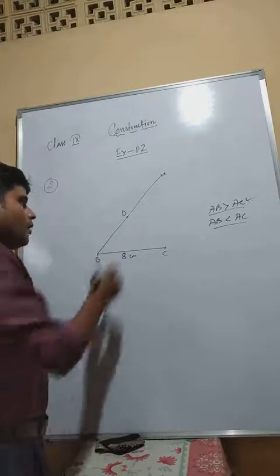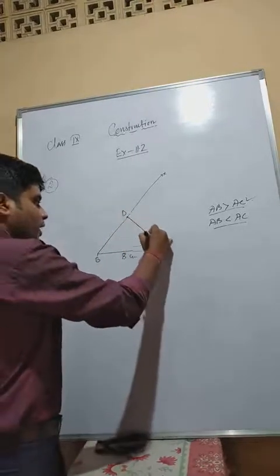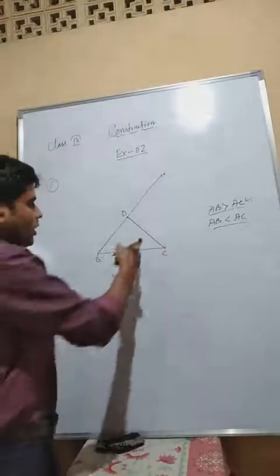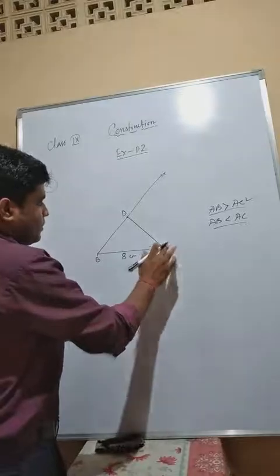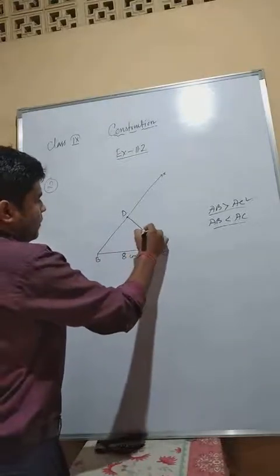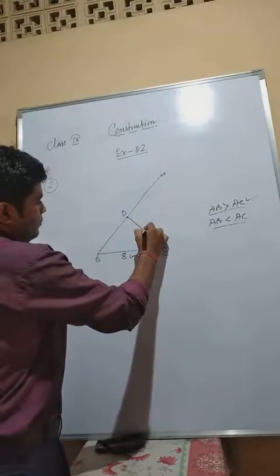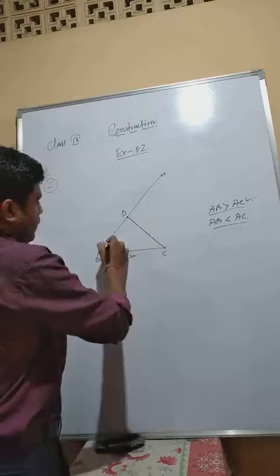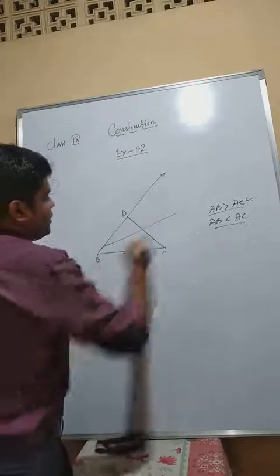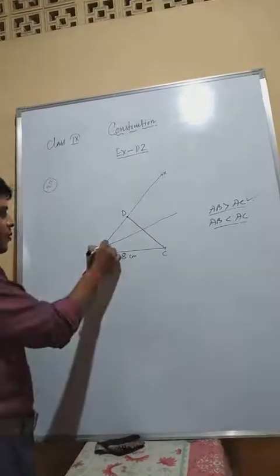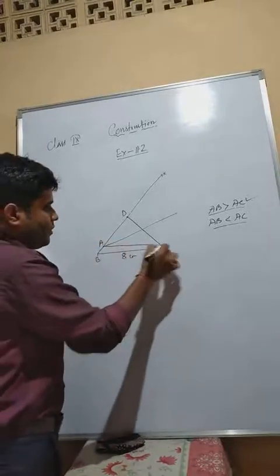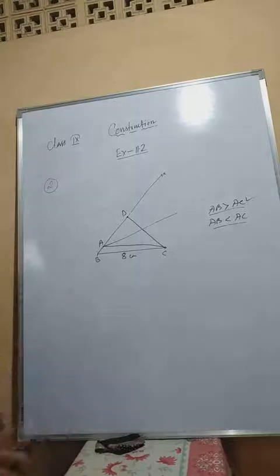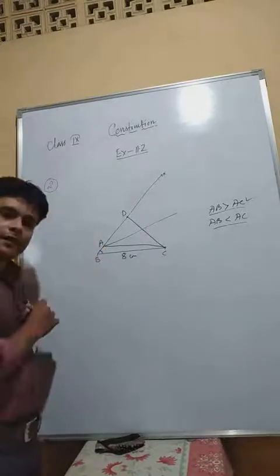Okay, so AB minus AC is 3.5, so the D point, this BD, is 3.5. Now again the same process: join this BC, and draw the perpendicular bisector of CD. Suppose this one is your perpendicular bisector, so the A point you will get here. This is your A, and this ABC is the required triangle, B is 45 degrees.